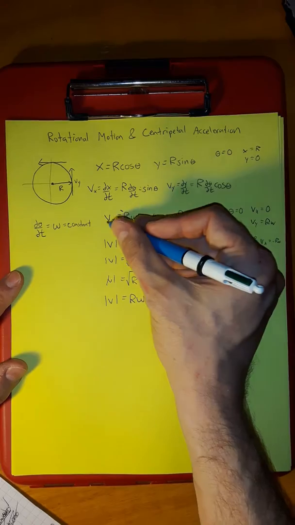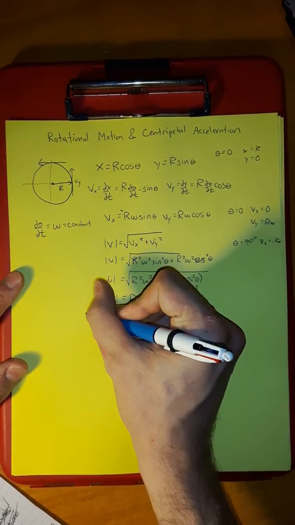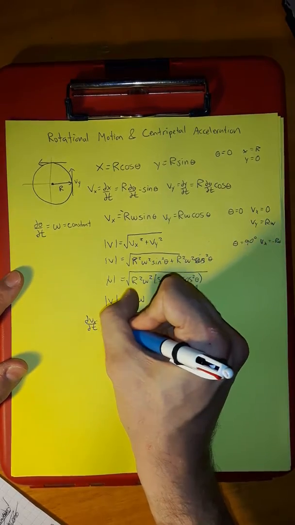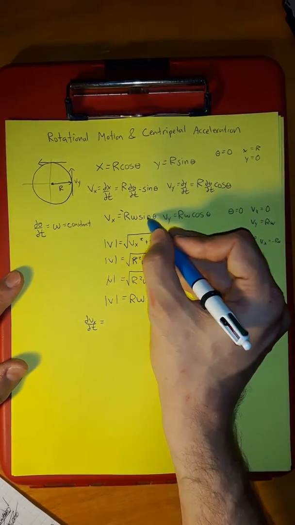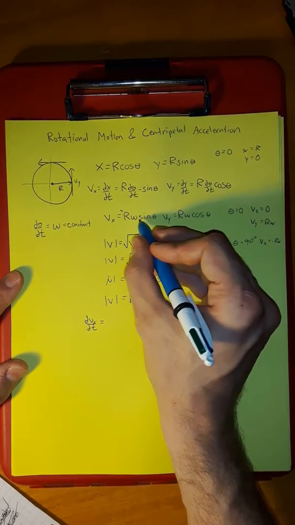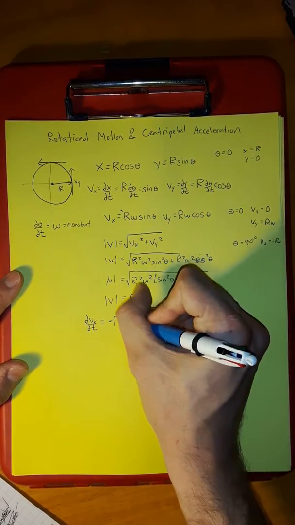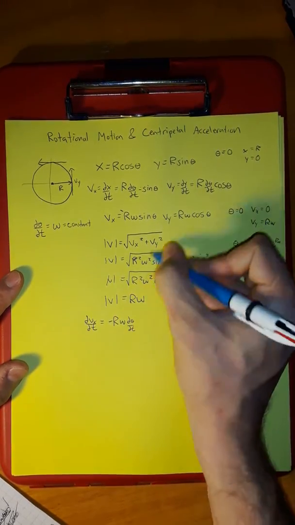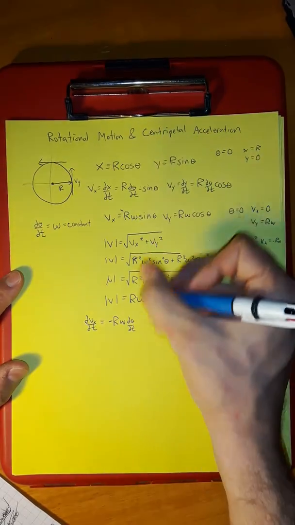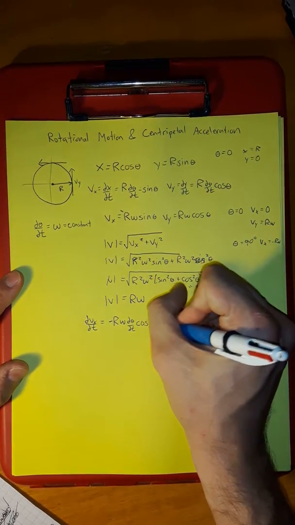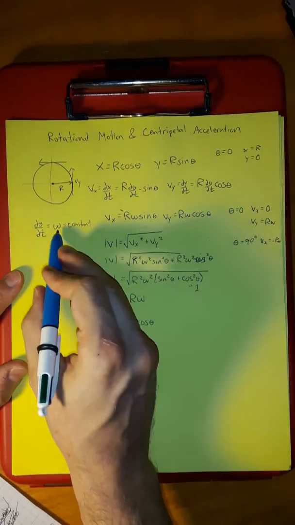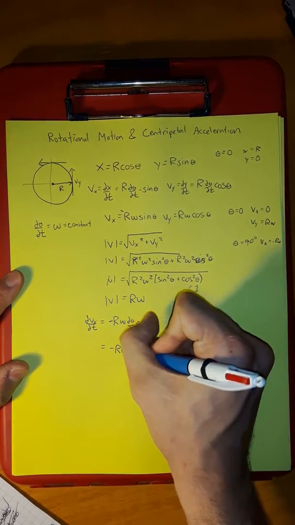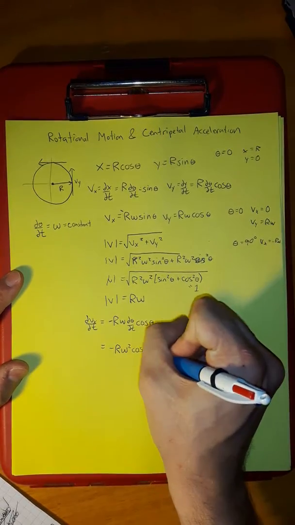So now I'm also going to look at acceleration. So I can take the derivative of the velocity with respect to time. In the x direction, I'm going to get sine becomes cos, so negative r omega d theta by dt, the rate of change as we're going around the circle comes out again, and a cosine theta. And we know that this is defined as omega, so we'll have negative r omega squared cos theta,